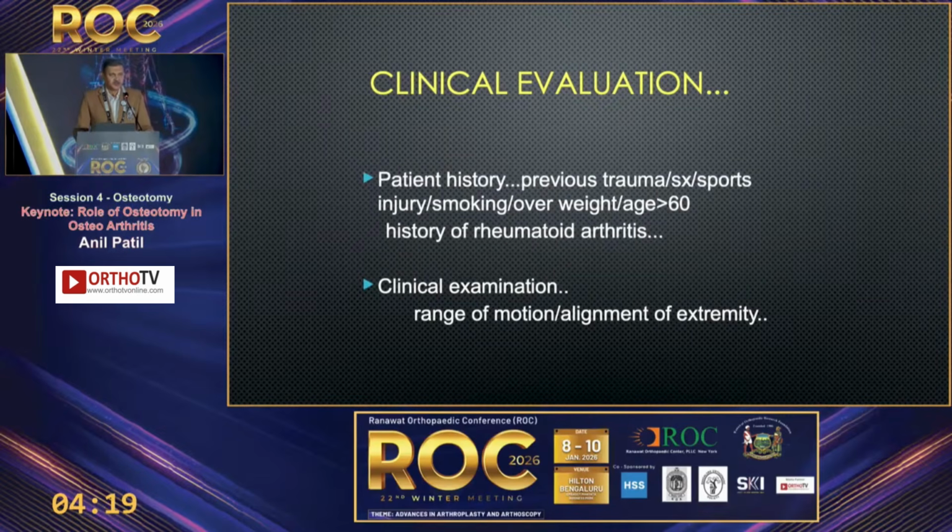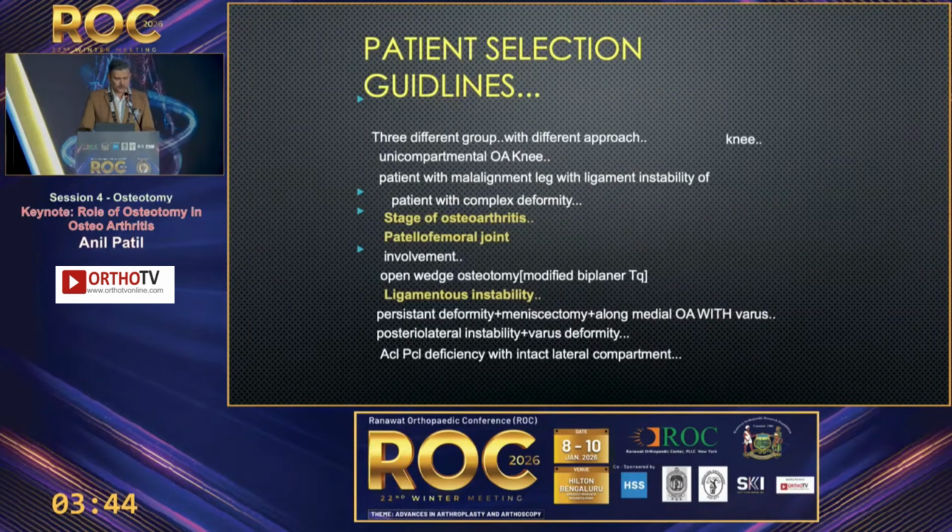You need to know whether there was any previous history of trauma, sports injury, smoking, and BMI. These are very important because smoking and a high BMI will give poor results. You also need to rule out any associated arthritis, such as inflammatory arthritis in the knee, because your result is not going to be good as it causes generalized disease of the joint. And of course the range of movement, as I told you, a minimum of 90 degrees of flexion and an FFD of less than 10 degrees, is very important to decide whether the patient is fit for this procedure.